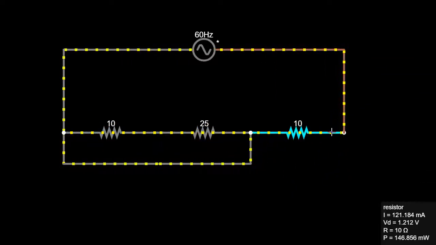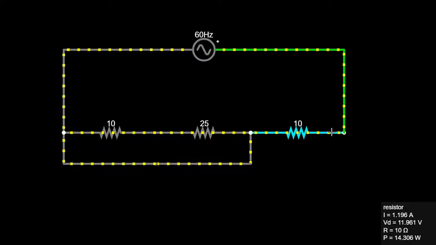Let's see what our current is up to though as we watch this. So 1.1, about 1.2. Let's watch it one more time. 1.1, 1.2. Yeah, I saw 1.2. So let's do the math. 12 volts divided by 10 ohms is 1.2 amps, or 1200 milliamps if you prefer the milliamp, but 1.2 amps would be the proper thing there. So can we have a short and still have a semi-functioning circuit? Probably not functioning the way we intended it, no, but still having current flow, still having some movement of electrons